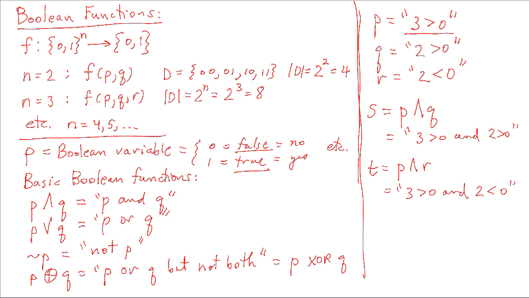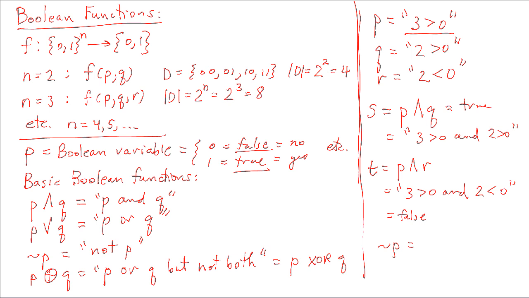2 is not less than 0, and so the and statement can't be true, and so t is a false statement, whereas s is a true statement. Okay, and the same thing goes for or and not. Not p